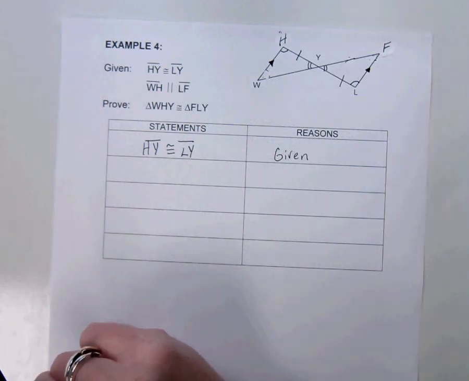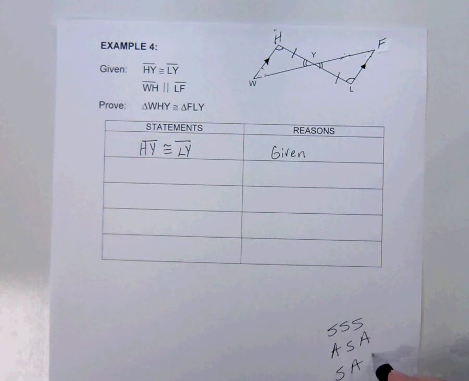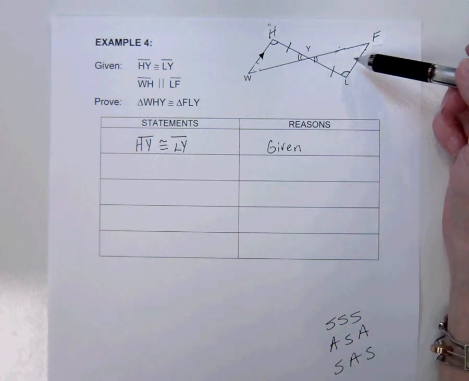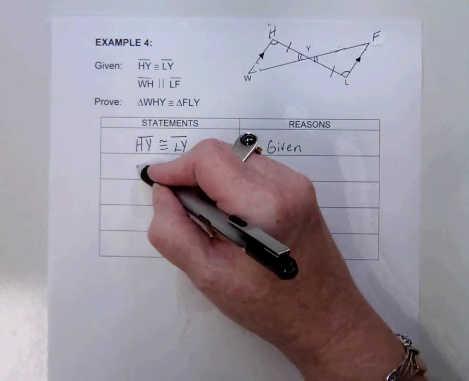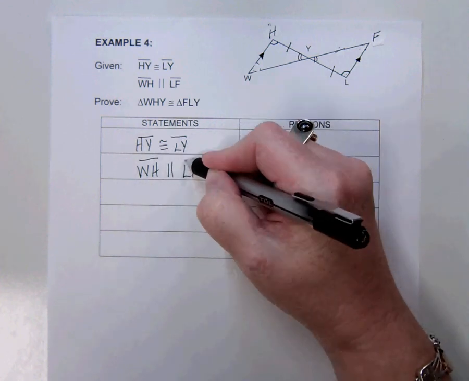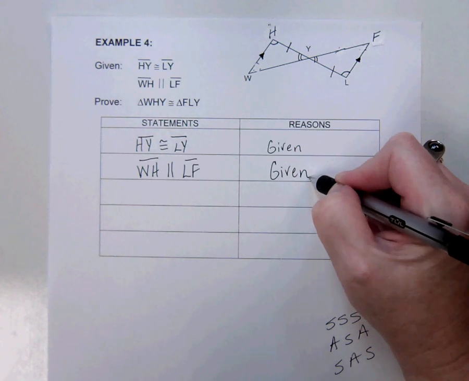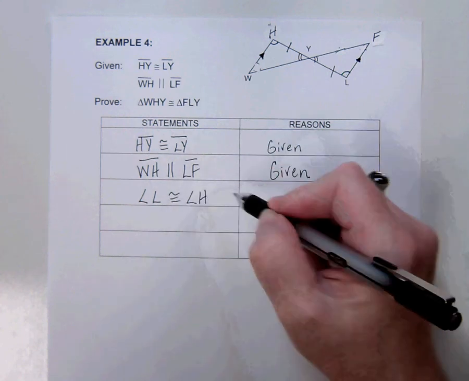If you remember, we're choosing from side side side, side angle side, and angle side angle. And when you think about those three choices, you kind of have to look at your picture. And on this one, if we have parallel lines, we can name angle L and angle H. So you do need to go ahead and say that in your steps, even though you're repeating it, you need to put that given statement. I'm going to go ahead and put both of them. And because of the parallel, we know that angle L is congruent to angle H. Those are called alternate